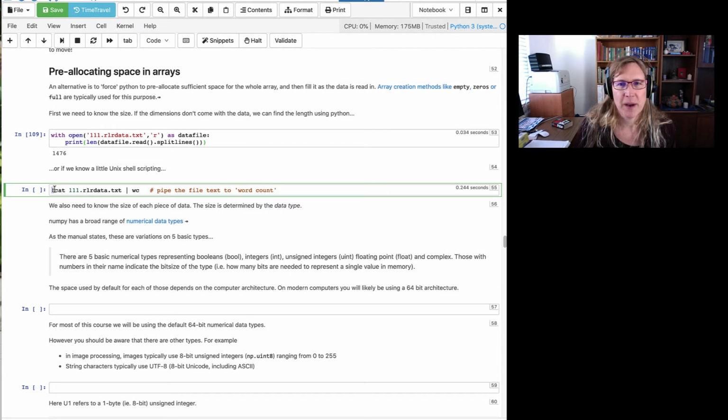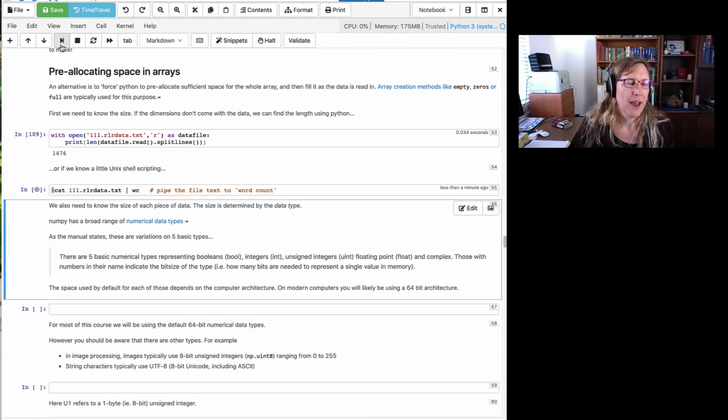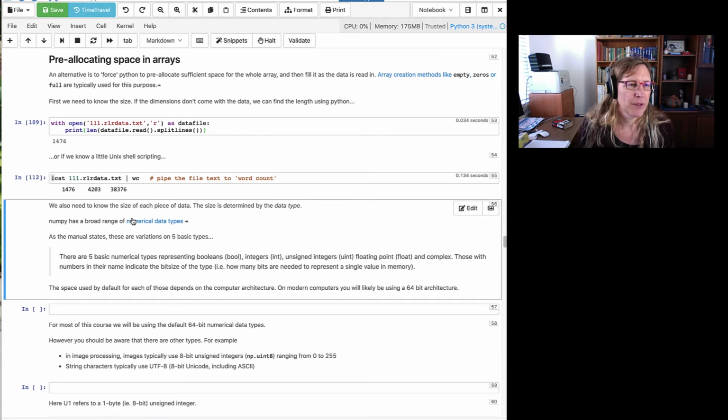The exclamation mark here just means we're going to execute a shell command, so it passes it through to the shell rather than executing it in Python. And you don't need to know the details of this, but this is short for concatenate, which essentially lists this file, pipes it through to something called word count, and that tells us that in this file there is